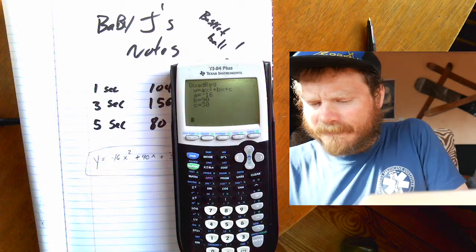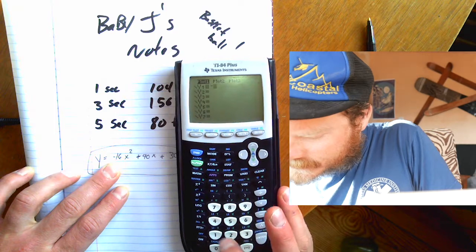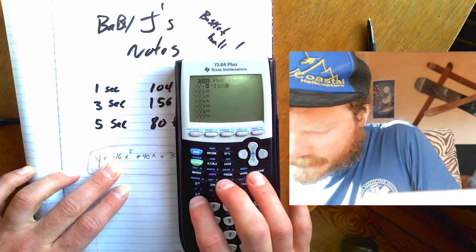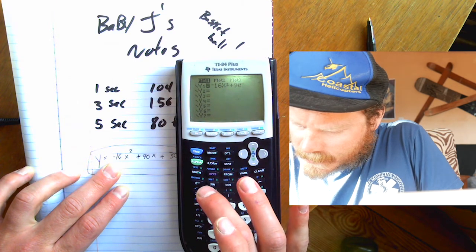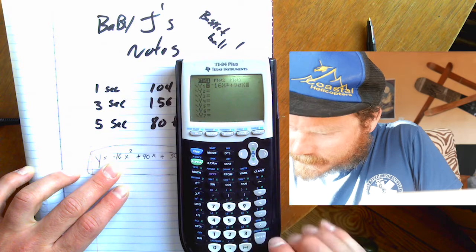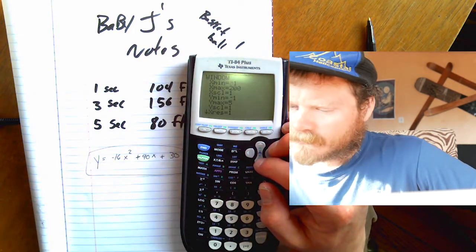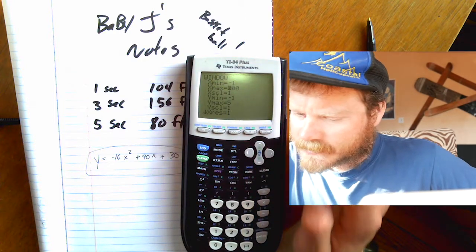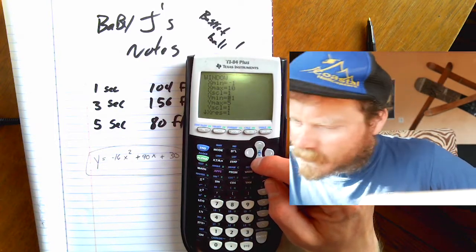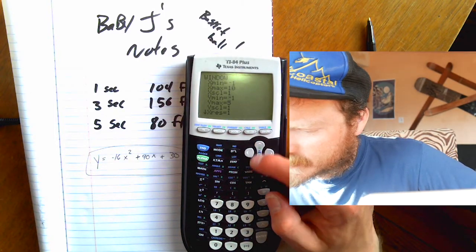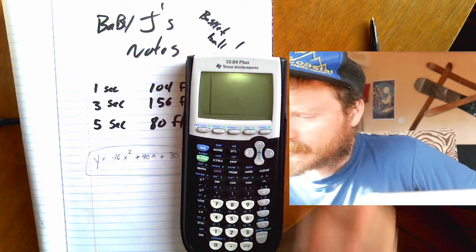What if we want to draw a graph of that? Well, then we take this formula and we put it in: negative 16x squared plus 90x plus 30. Okay, so we want to adjust our window. X, remember, is our time. It looks like it probably ends at 6 seconds, so we can just say 10. For our Y, we don't really care about negative heights, but we know it goes up to about 200 feet. So if we graph that, we should get a nice